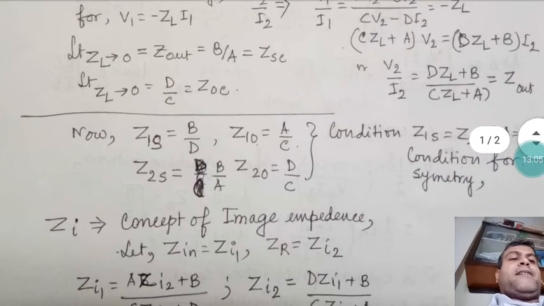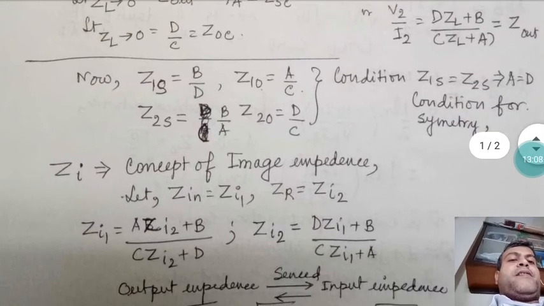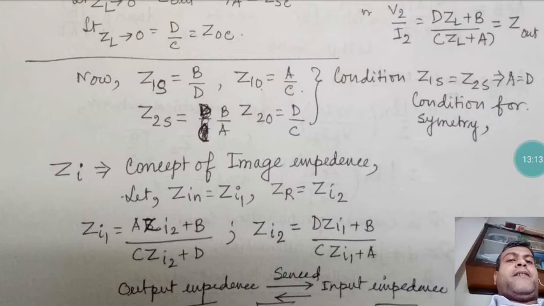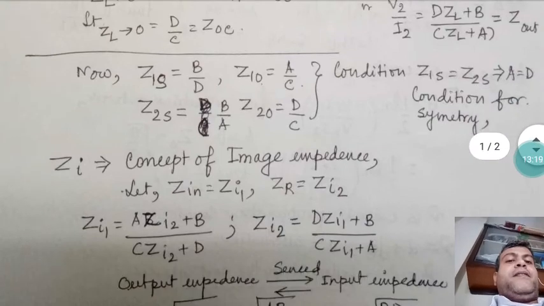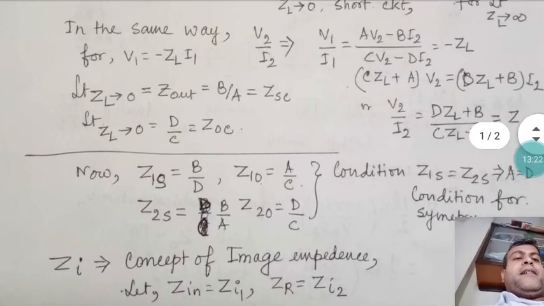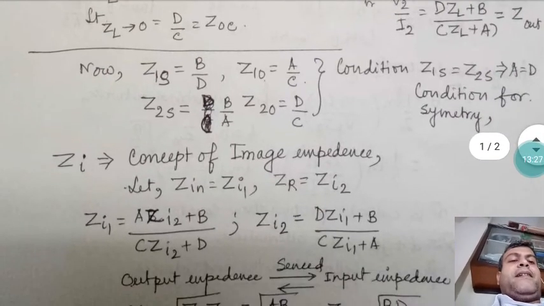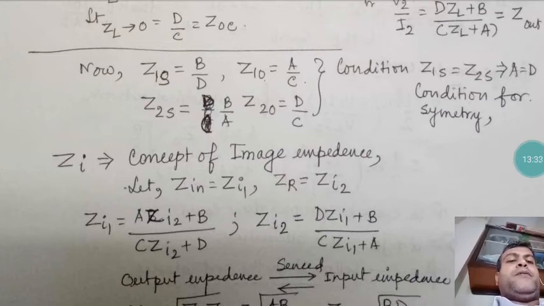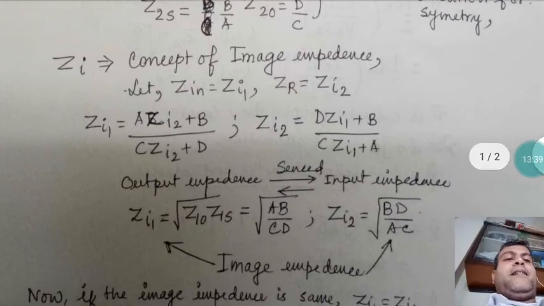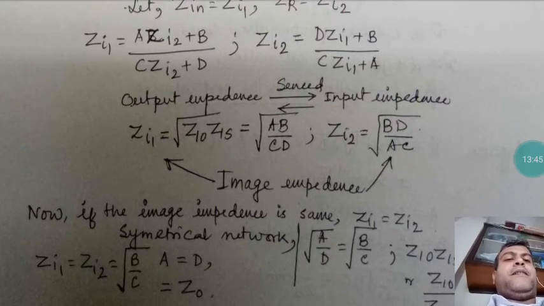Now in the other section, what is that concept of image impedance? When we have two sorts of parameters, one is Z1 and the other is Z2. Here we are calculating both Z1 and Z2. When they are replaceable, it means that if you are watching from port 1 you will see port 2, or if you are watching from port 2 you can see port 1. They remain unchanged. So it can be written in this type of equation, that Zi1 equals this and Zi2 equals this, and these Zi1 and Zi2 are called the image impedance.